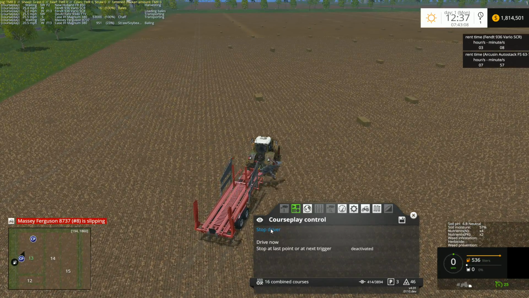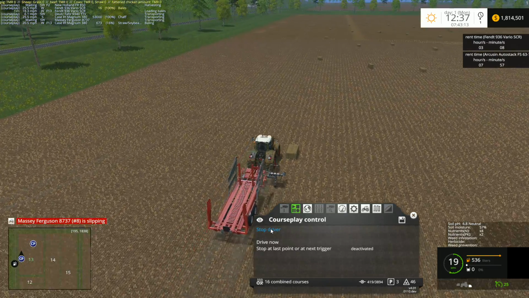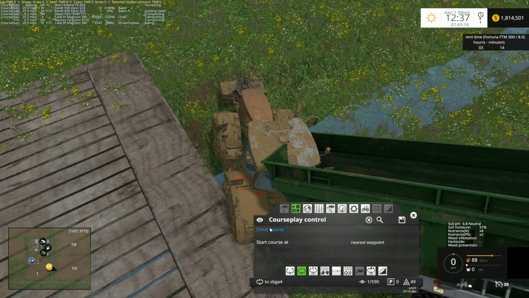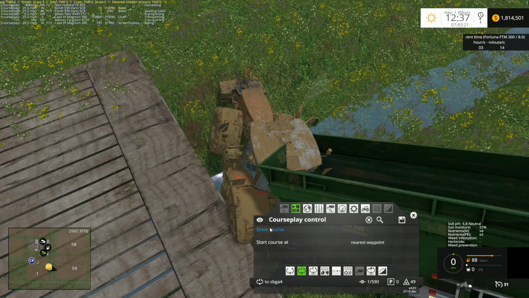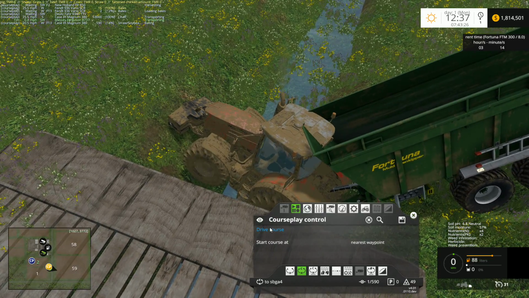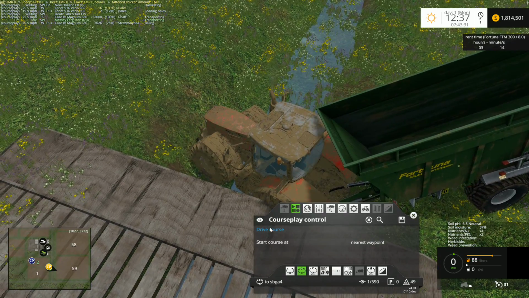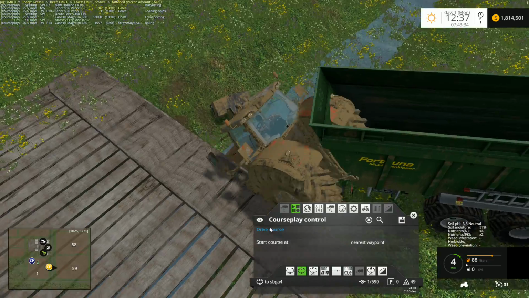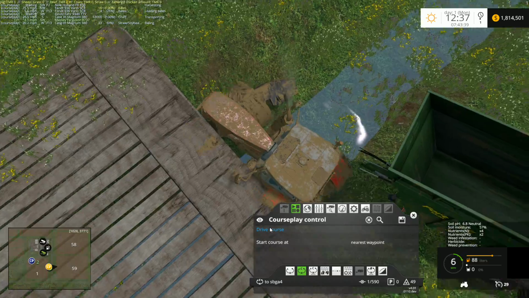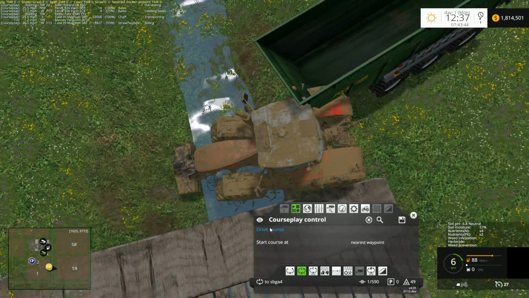Drive course, and he should just go and start gathering bales up. There he goes. Now let's solve this Massey Ferguson problem. Dummy. He's properly stuck, isn't he? Well, let's try unhooking that front loop. What a mess. Do need that weight, so